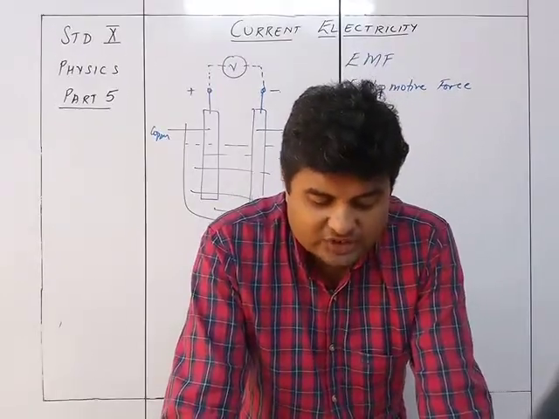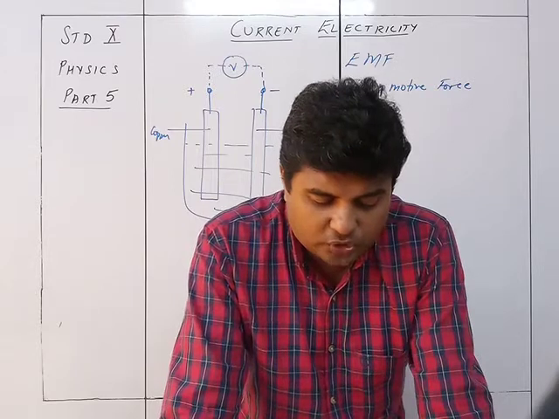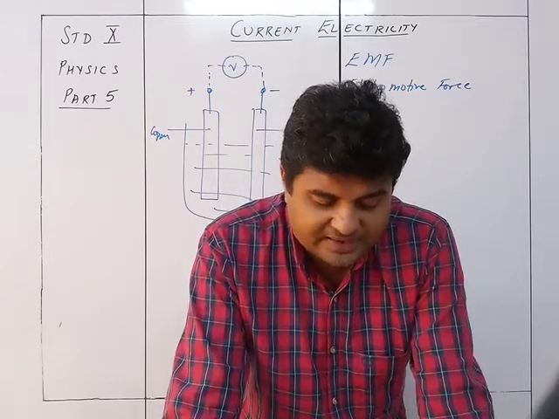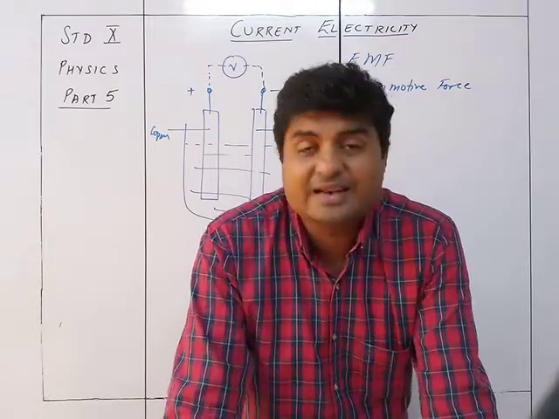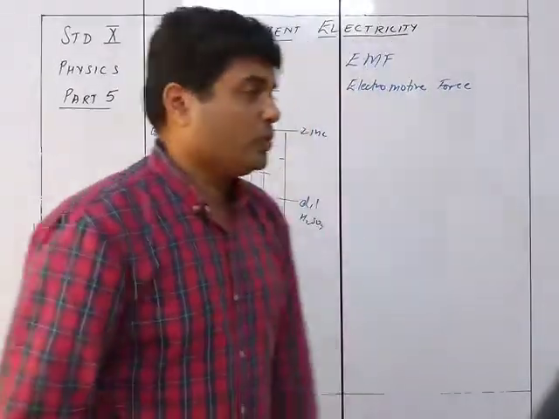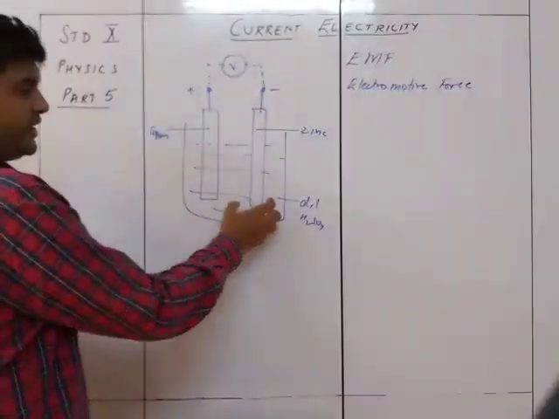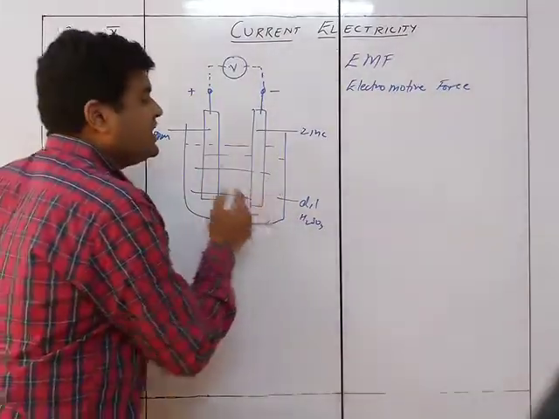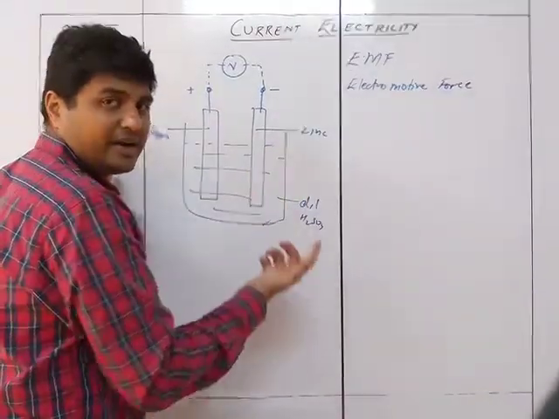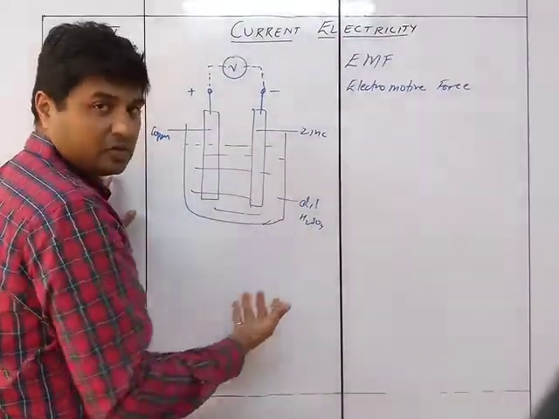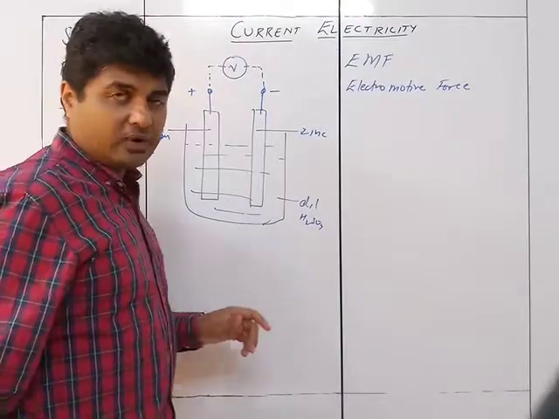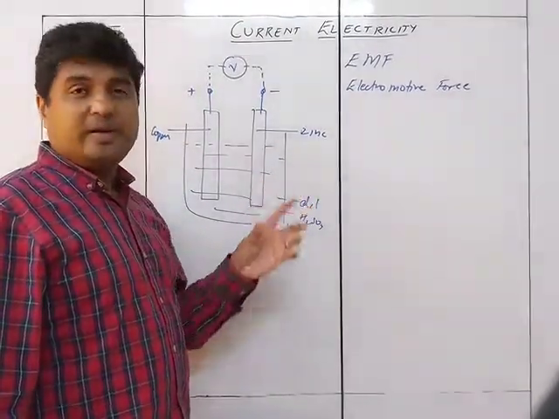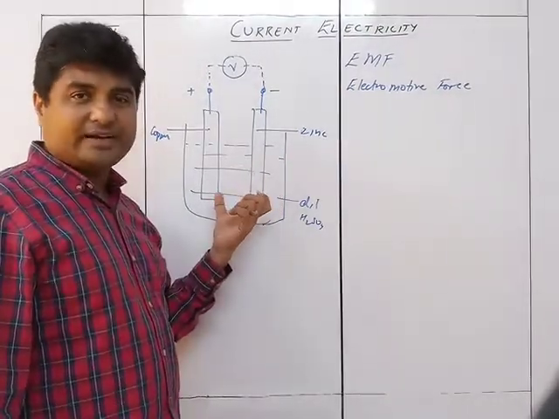Thus, a cell stores chemical energy and it can be used as a source of current or free electrons. The chemical energy changes into electrical energy when the cell is in use. So, what is going to happen is this particular dilute sulfuric acid in the reaction with copper and zinc over here is going to keep on supplying electrons over here. Of course, you cannot generate electrons, but it can keep on supplying electrons. The chemical reaction is going to take place.